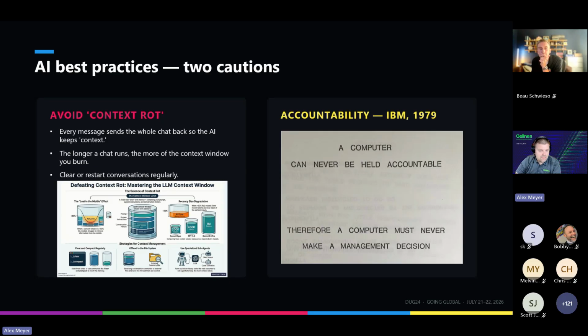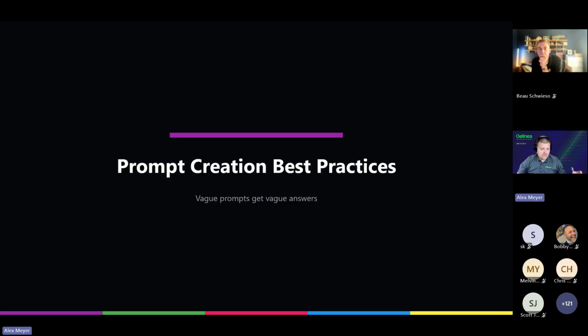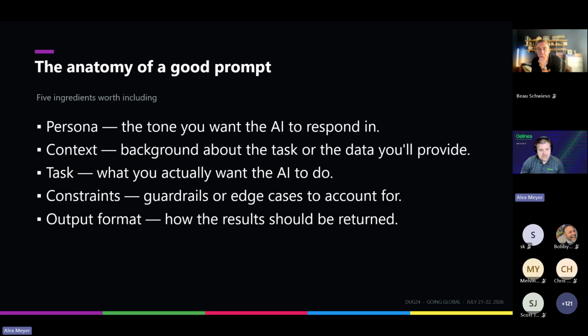All right. So with that, now we can switch over to prompt creation. How do we actually configure a prompt to do some of this analysis that we're looking at? And so this gets into the anatomy of a good prompt. There's 5 different things that we're going to start to